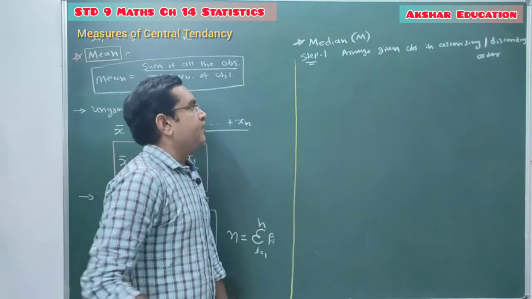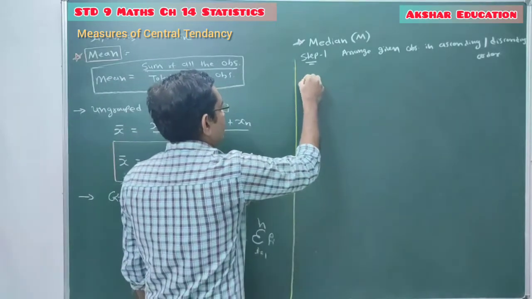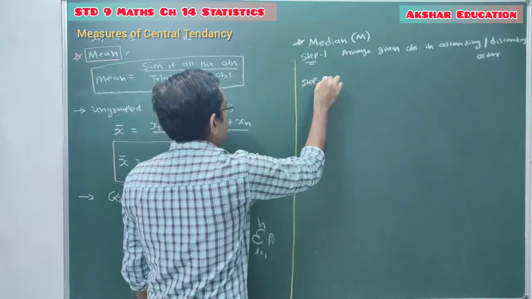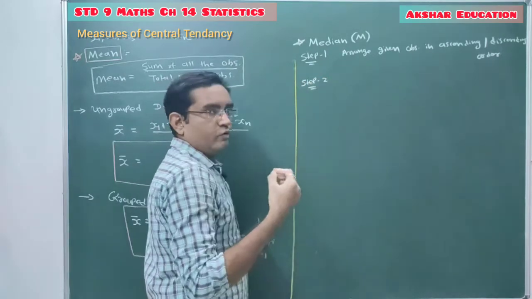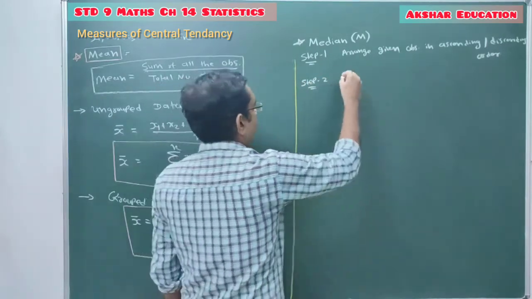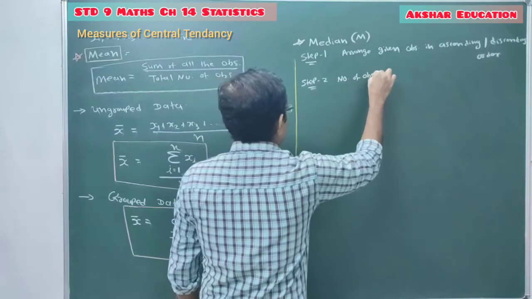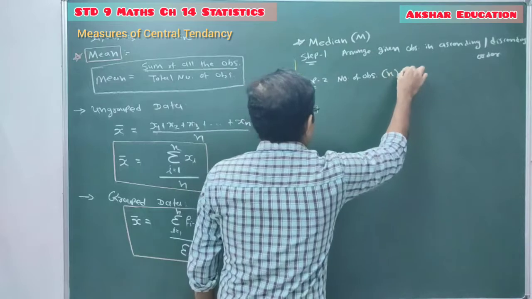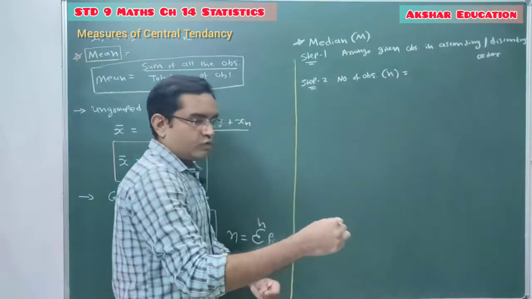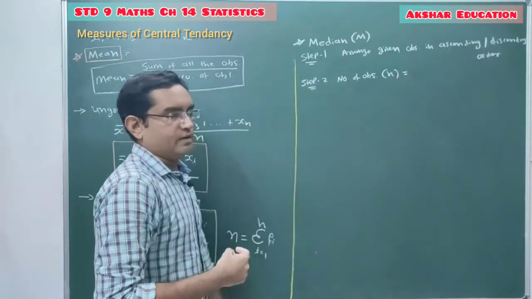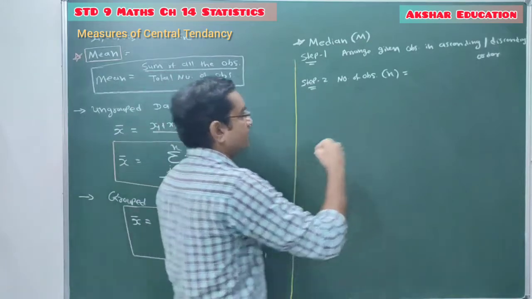After arranging the given data, step number 2: you have to find the number of observations. Number of observations is nothing but the small n. You have to calculate the number of observations for which you have to find the median. If that number of observations n is an even number,